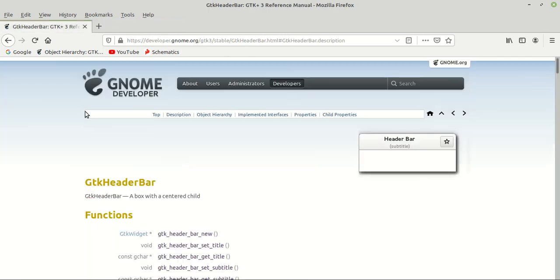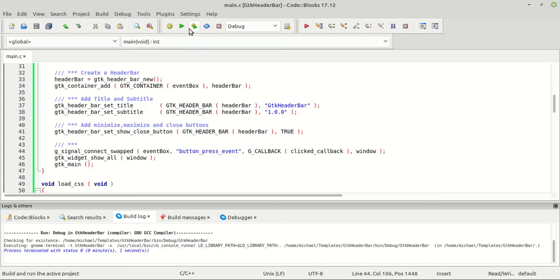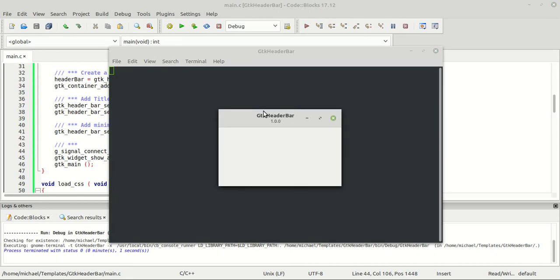Anyway, I'm going out now, and because we have no information, because we don't know how to style our header bar, we already saw that we can style only the header bar itself, but not the information which is inside, because we don't know how and which names those things have. Okay, you can say header bar box or header bar label and so on, and those buttons, I don't know, it is kind of complicated, but you can find it out for yourself. We are not going to do this.